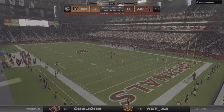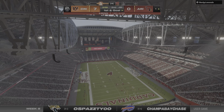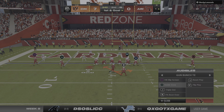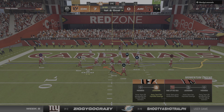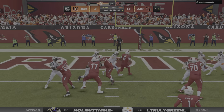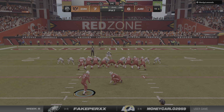And he doesn't quite make it, taking it within an eyelash. Dropped at the 1. Call that a very strong gain of 24. Now Murray sees something. He's going to change it up. Connor will take this one in. It's a Cardinal touchdown. You think about James Conner down near the goal line, and you think about the 2021